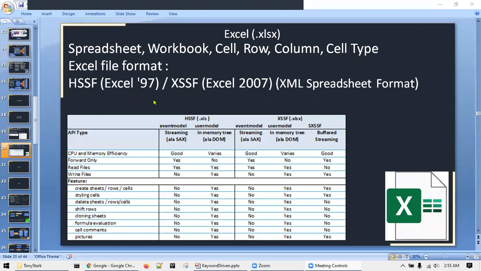Right. Technically, in Excel we have spreadsheet, workbook, row, column, cell, cell type, and other things. There are two popular formats: HSSF, which is for .xls files, and XSSF, which is for .xlsx files. XSSF is the latest one, and Microsoft is also promoting this structure from now onwards. So our example will be totally based on the XSSF or .xlsx file. There are some differences here, and you might need this for your interview preparation,